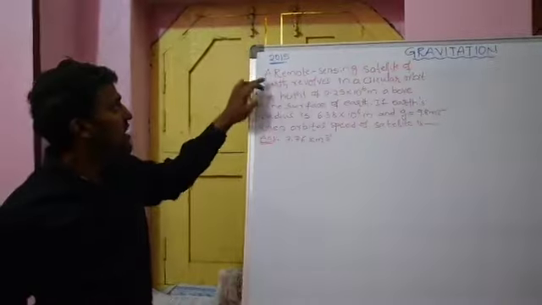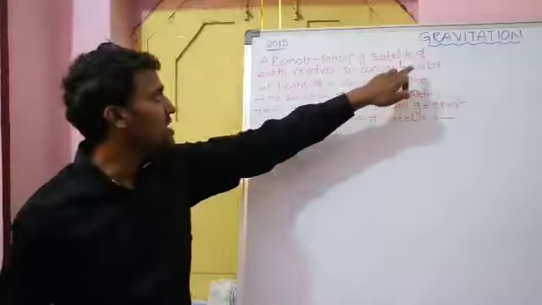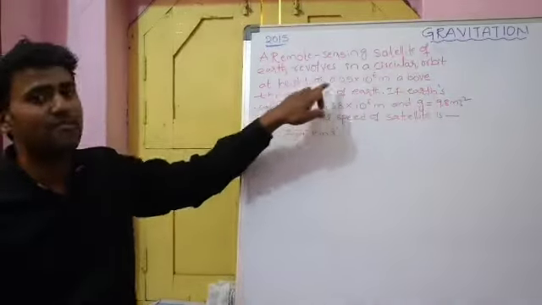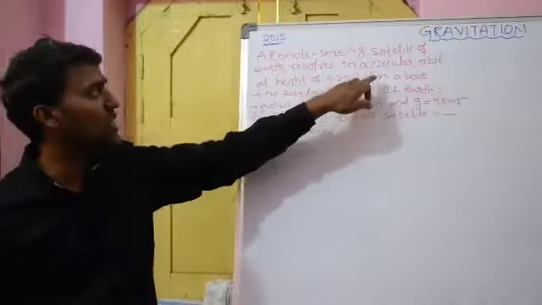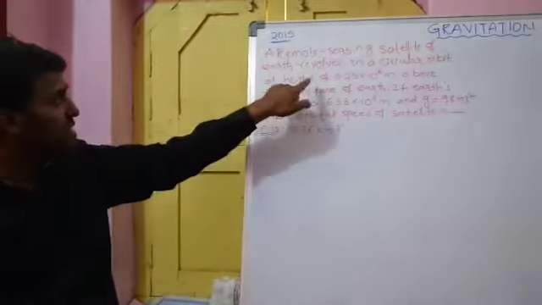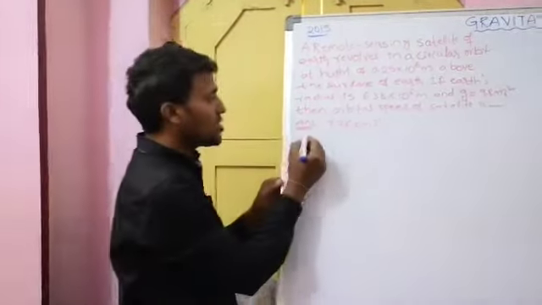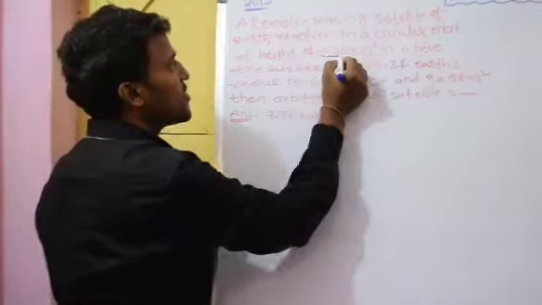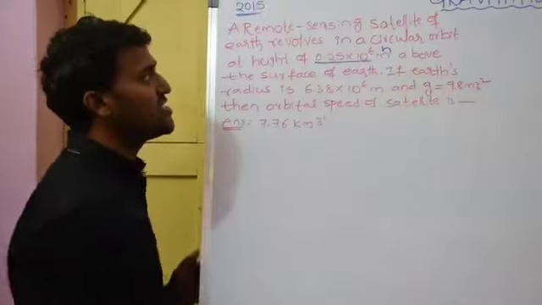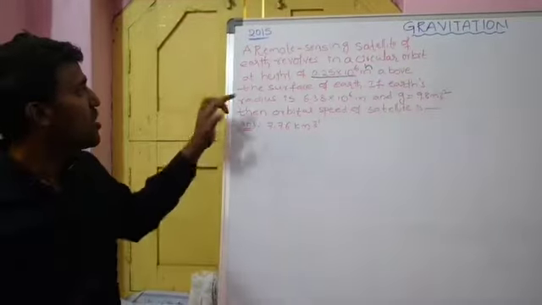A remote sensing satellite of Earth revolves in a circular orbit at a height of 0.25 × 10^6 meter. While you are reading the problem, it is given in the third step that this is the height. So h is equal to 0.25 × 10^6 meters above the surface of